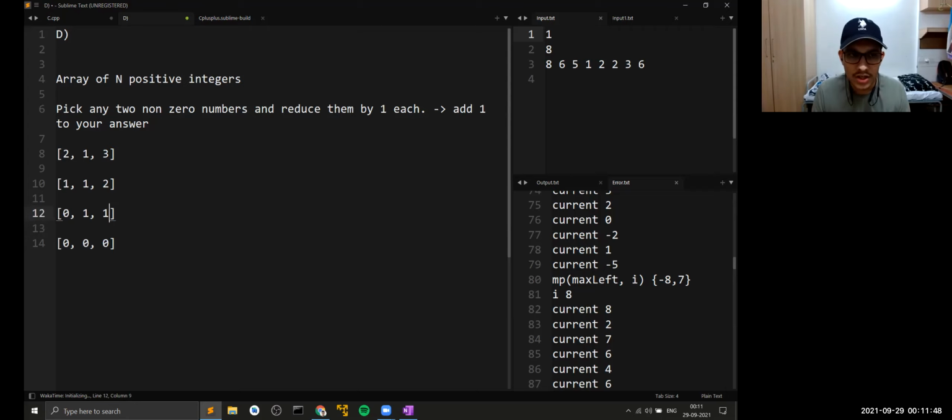Right. Now, the important part to note here is that if you would have taken the other path, let's say you would have chosen these 1 and 1, you would have had something like this. And after this, you wouldn't have been able to remove this 2. But if we followed a different path, we were able to reduce everything to 0. What this means is that we have achieved the maximum number of operations that we can do.